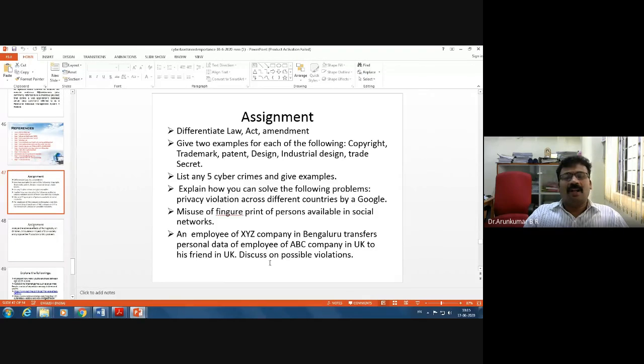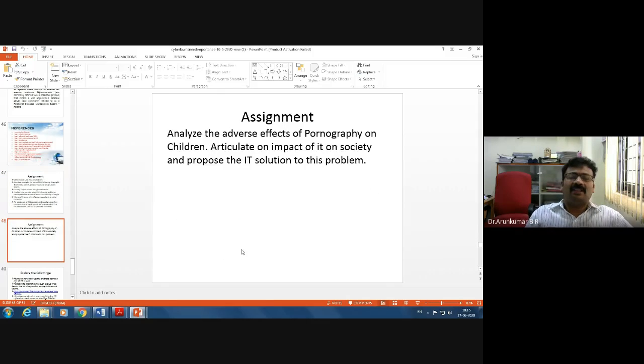This question, an employee of XYZ company in Bangalore transfers personal data of an employee of ABC company in UK to his friend in UK, discuss on possible violation, makes you think about personal information disclosure or privacy violation. So please look at that. This is also useful for you to understand privacy. Please think about such things.